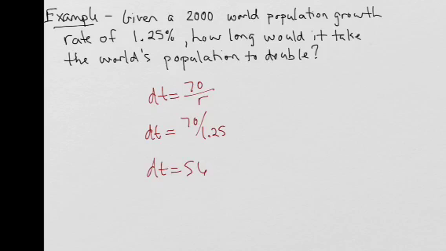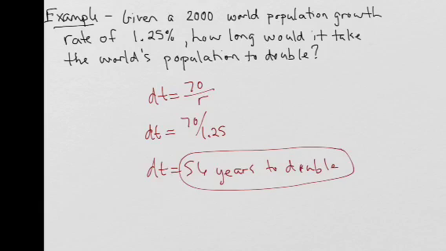So if I take 70 and divide by 1.25, I will get a doubling time of 56. Now, since the problem is in words, our answer should also have words. 56 what? 56 people, 56%? How long would it take the world's population to double? We'd be measuring this in years. So it'll take 56 years to double,